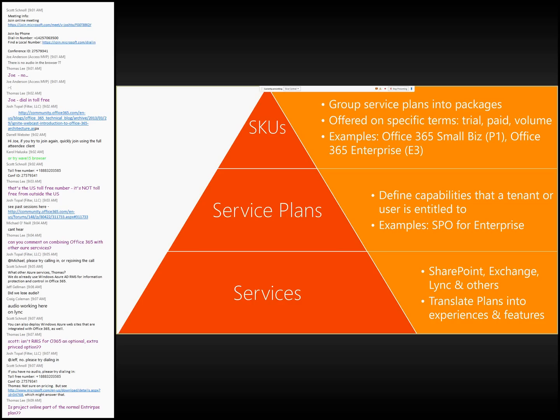Then you have the SKUs, is what we call them internally. Externally, they're referred to often as the plans or as the suites of Office 365. And those are things like Office 365 Enterprise E3, and that's really where we group together different service plans and then package those into an offering for customers to subscribe to. That's how customers can subscribe to the Office 365 service, by getting a different SKU that allows them to access the appropriate service plans and services based on their subscription. And so that's how it's divided up inside the service, so we can mix and match different capabilities and provide those